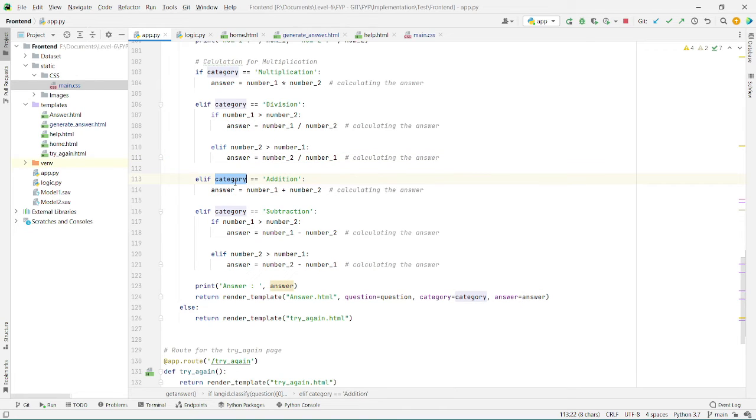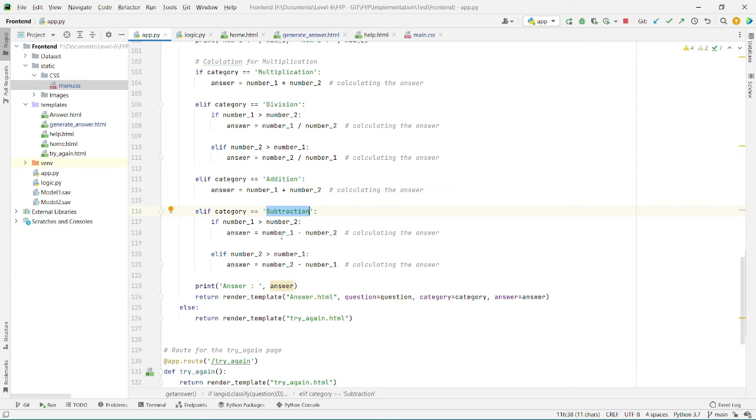If the category is addition, then the two numbers are added together and then again assigned to the variable called answer. And then if the category is subtraction, also in this section we have to check the highest number amongst the two numerical values, just like in the division.